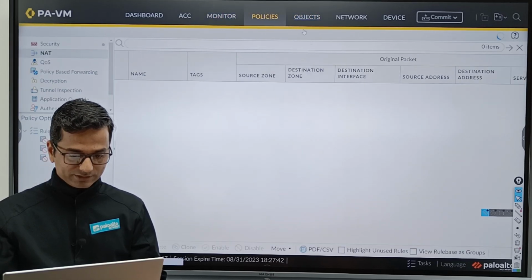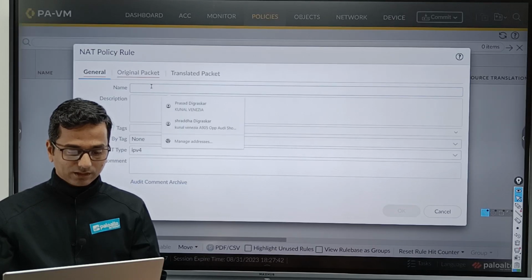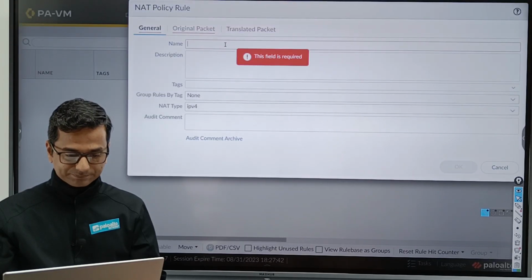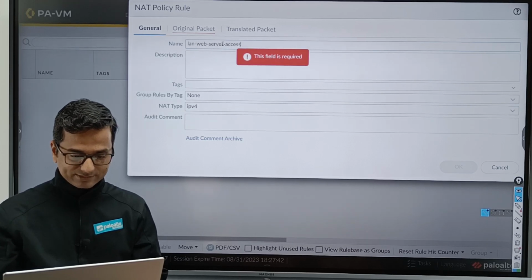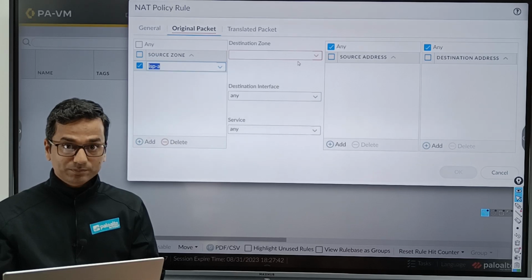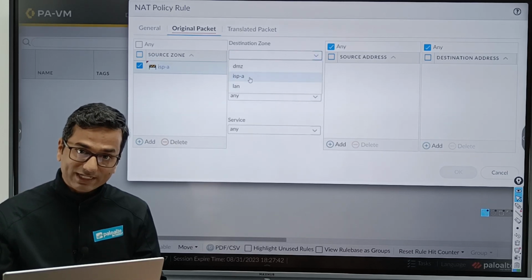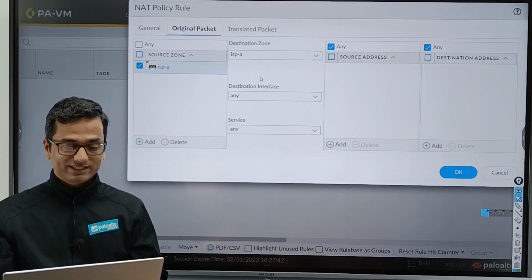Go to the policy, NAT policy, add policy, add, then the name is LAN web server access. Original packet, source zone ISPA, destination is also ISPA. You know the reason now, just refer to lab number 16 and 17.